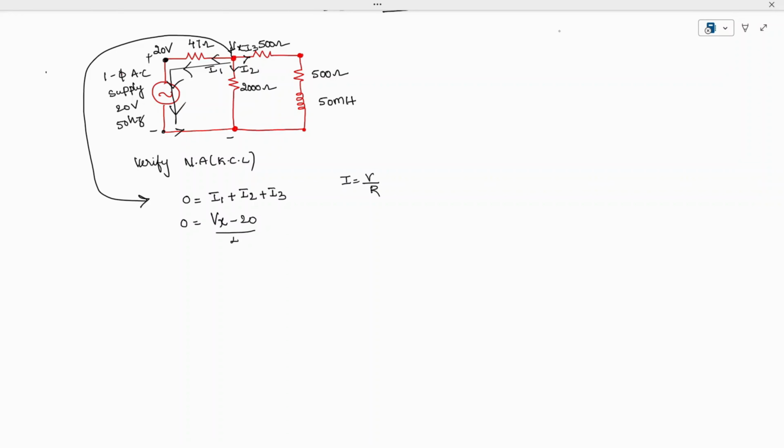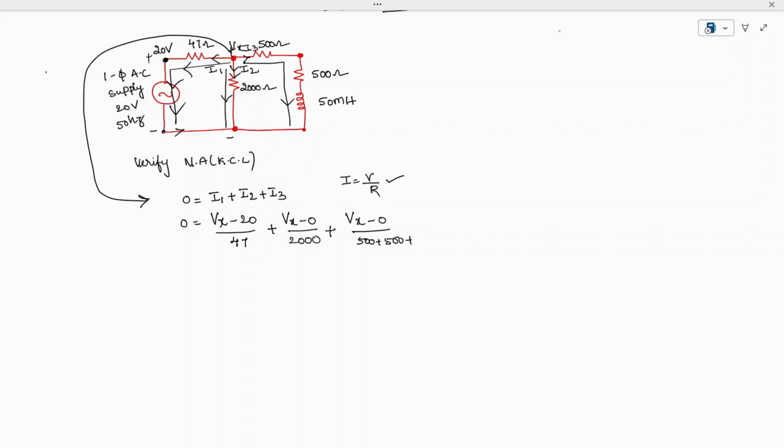What is the resistance of the branch? 47 plus. How to write down the current which flows in this branch? I am writing it as high potential minus low potential by R, which is nothing but V by R. High potential is Vx, so Vx minus 0 divided by 2000 plus. And for this branch, Vx minus 0 divided by R. So R is nothing but 500 plus 500